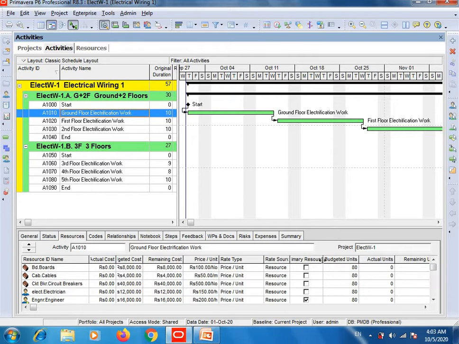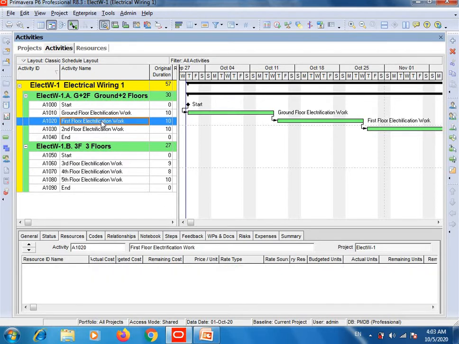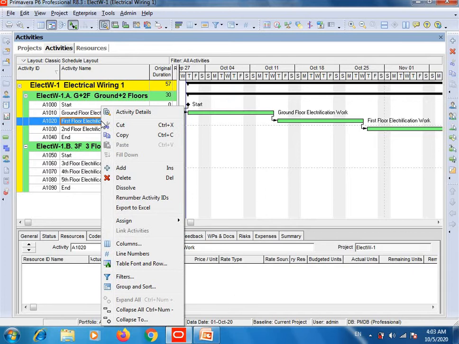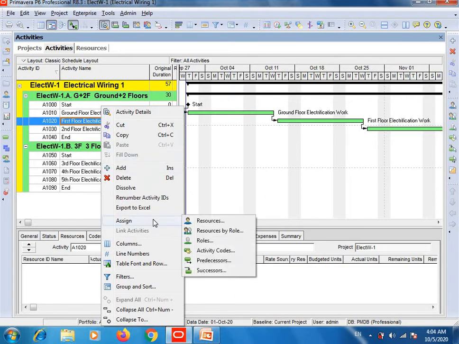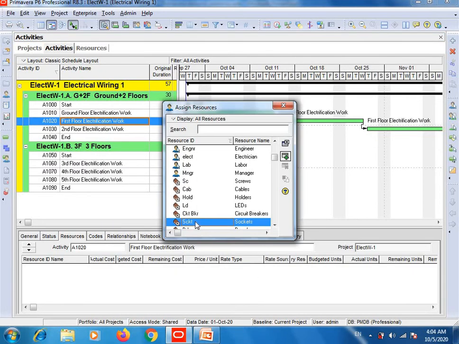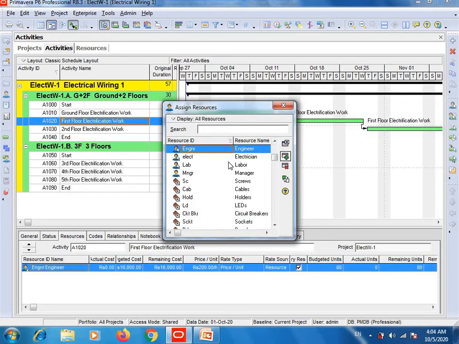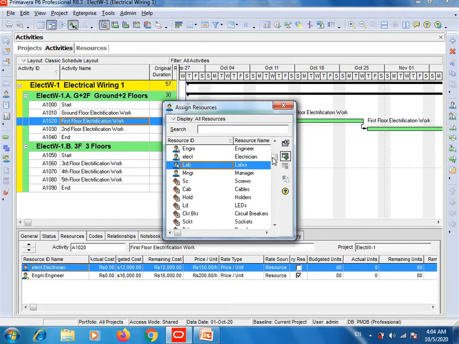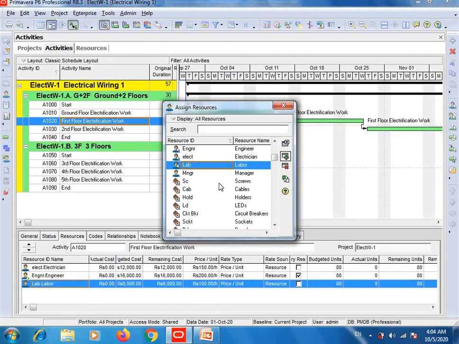It is a little bit congested, but I will clear this table for you after assigning activities. So for the second activity, we will do the same entries. Engineer, add this. Electrician, add this. Labor, add this.